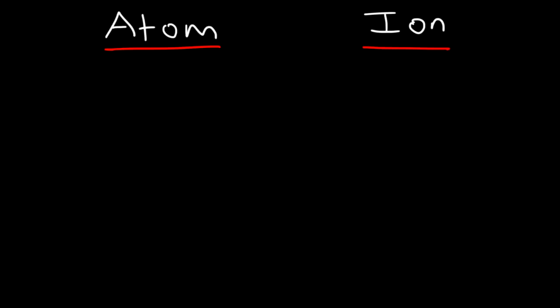Now, what is the difference between an atom and an ion? What do you think the difference between these two are? Atoms are electrically neutral. Atoms contain equal number of protons and electrons. Ions, on the other hand, contain different number of protons and electrons. So a good example is the aluminum atom and the aluminum ion, which has a 3+ charge. Aluminum has